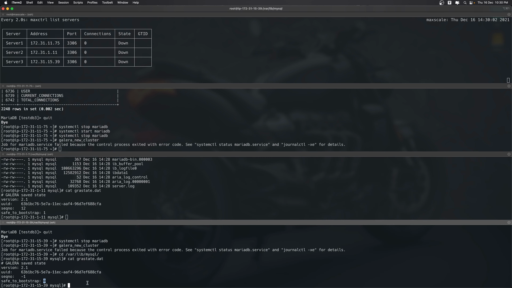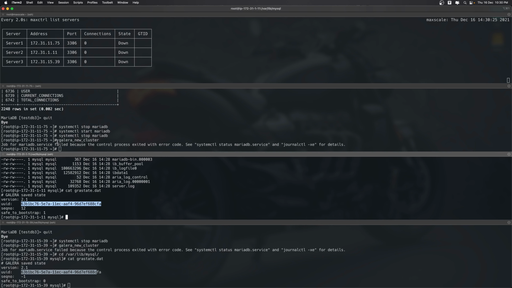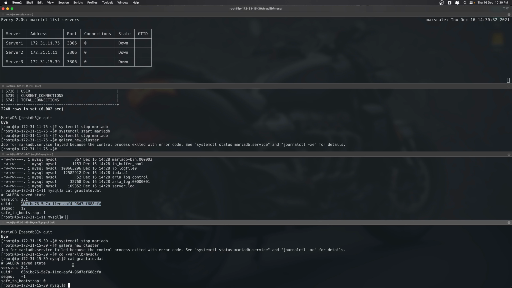But let's say we do that, and there was some new transaction that happened on the node that was actually the last to stop. When we bootstrap from another node, Galera will realize that the UUID on this one is different from the UUID on this one, which means the other two nodes will have to resync again with this node. That would also mean that the new data inserted or updated here will be lost. So it will be in sync with this node now. That's something important. Just make sure